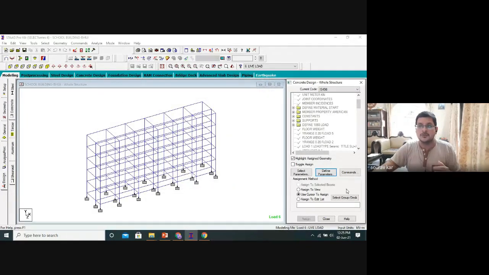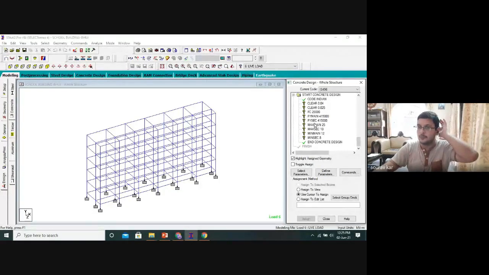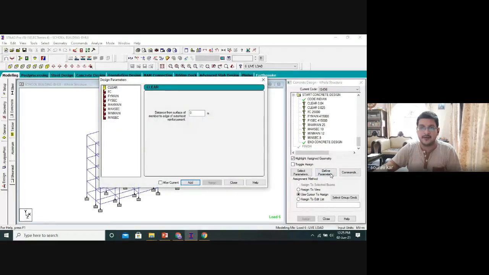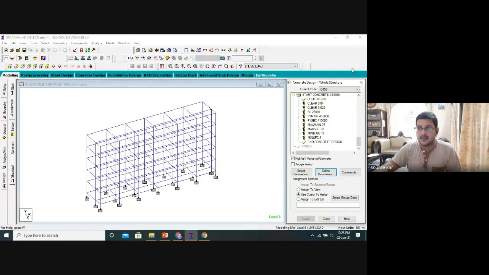Okay. So what are all the parameters which I have defined and I have given the values? If you see the right side box, I am pulling it down. See, all they are enlisted below. All they are given with question mark. Right. So I have clicked the define parameters. I have given all the values of these parameters and I have added in the same box.